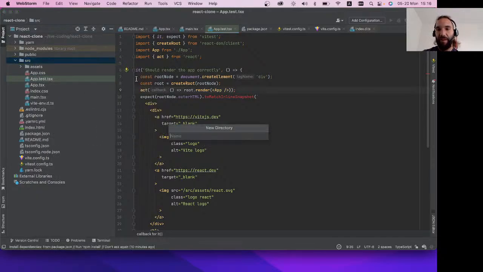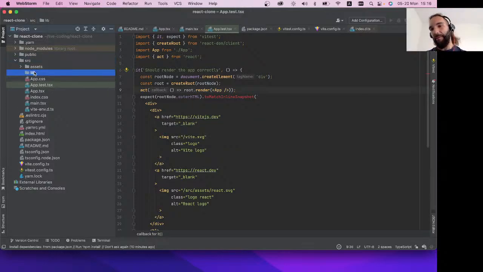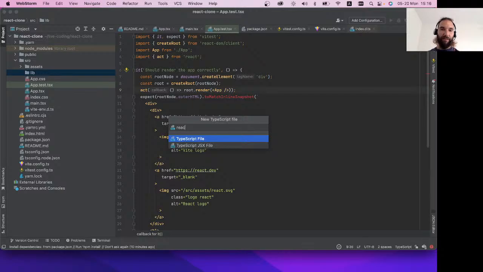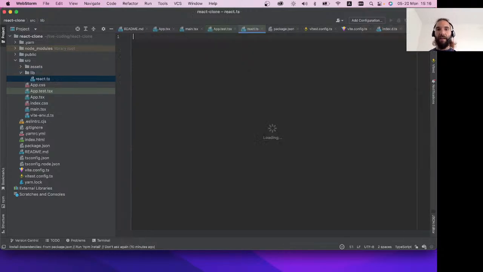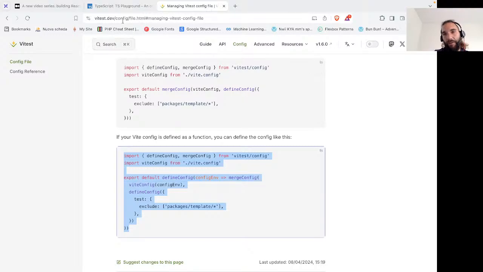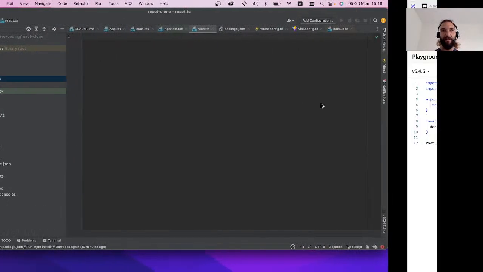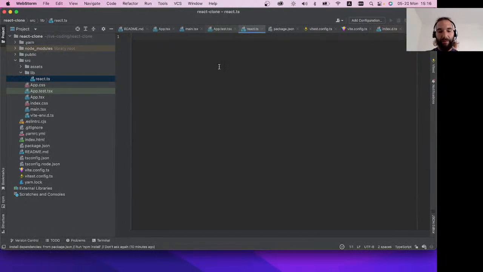Okay, let's save it inside of lib for the moment. This is the library, and this is our React. So let's go back to our TypeScript playground and let's see what methods we need. Our React needs to have the method createElement. This method, the first parameter is the type of the element. So let's export it. Export createElement,